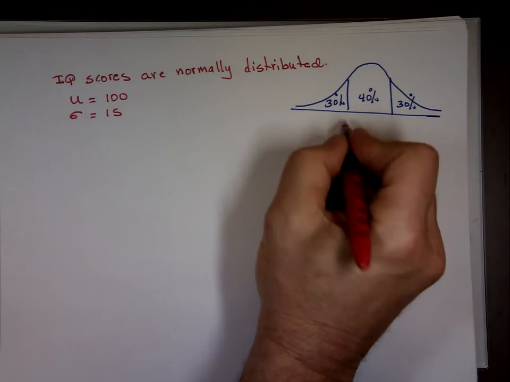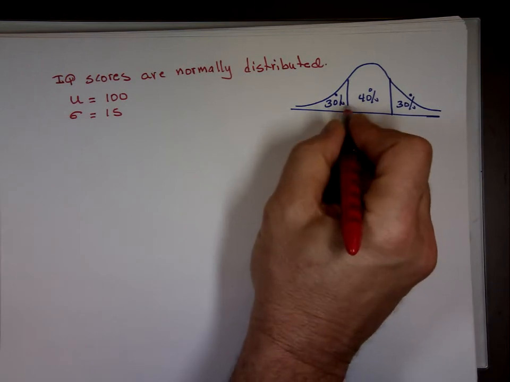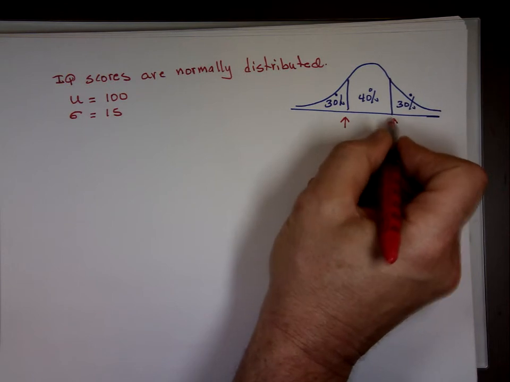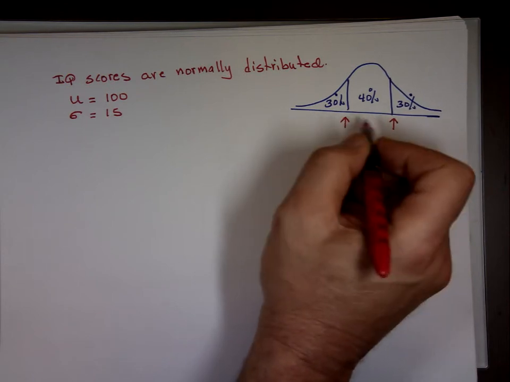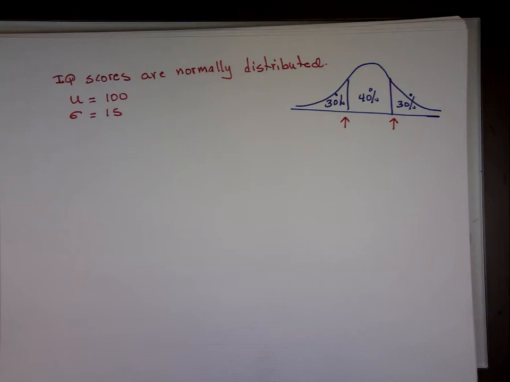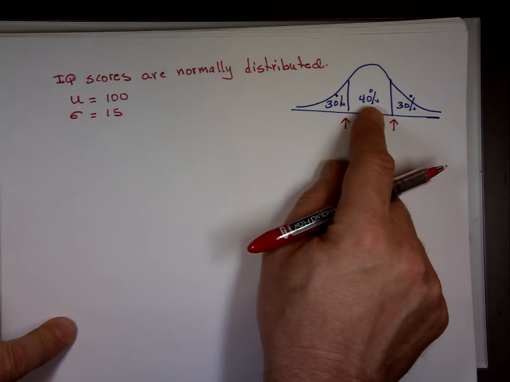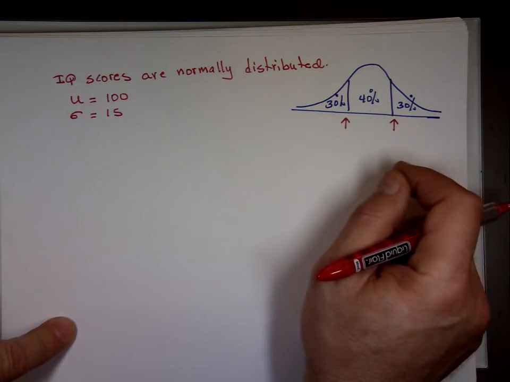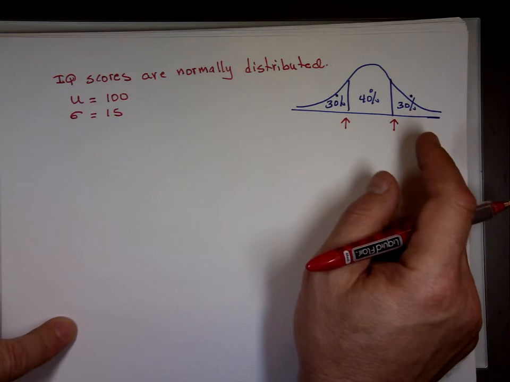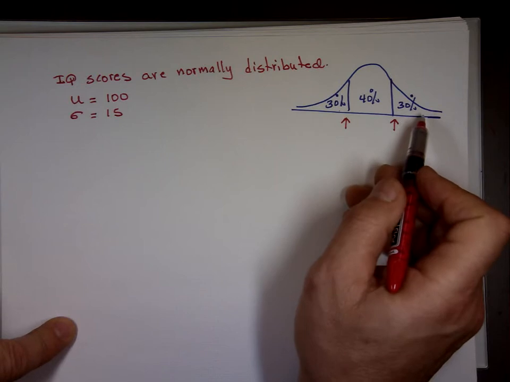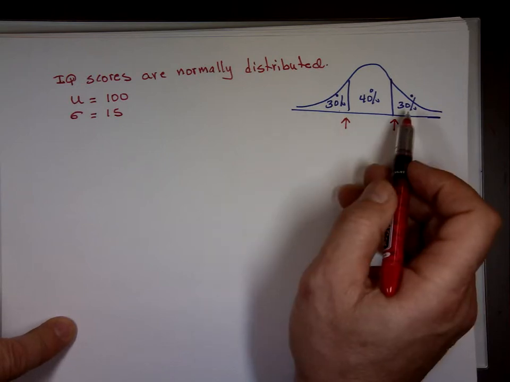Find the values that will separate the bottom 30, the middle 40, and the top 30. Find what these scores are. So for example, if you scored 76 on the IQ test, do you belong in the bottom 30 or in this group? We're not sure right now. If you got a 79 on the test, are you here, here, or here? If you got an 84, where do you belong? So we need to know what these numbers are.